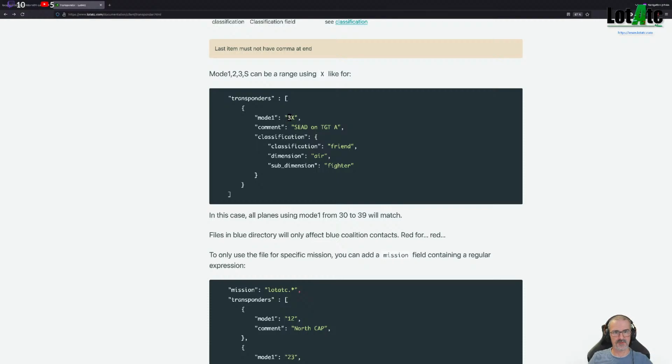So all modes with 3x, so 3.1, 3.2, 3.3, etc., will match, and they will all be defined by this configuration. It's kind of a wildcard, and you can change them and apply a value. At this time, you cannot change the label directly. Or you could, if you set a name